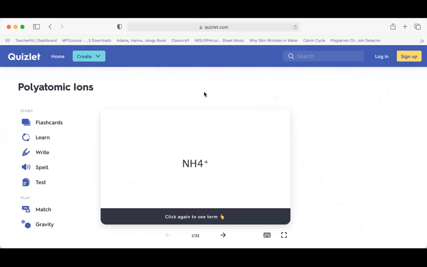Quizlet is pretty common for having flashcards set up for vocabulary, and maybe math stuff as well. So I thought we'd run through this just to get familiar with formulas and names. And again, if you feel like making flashcards, or